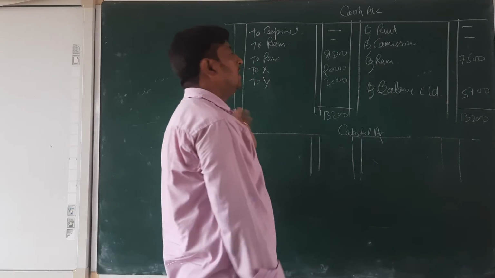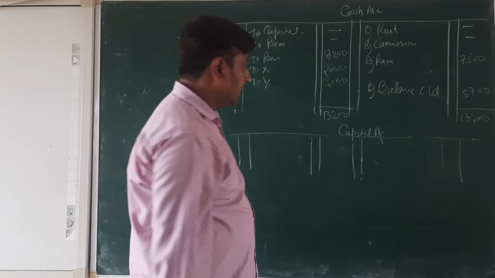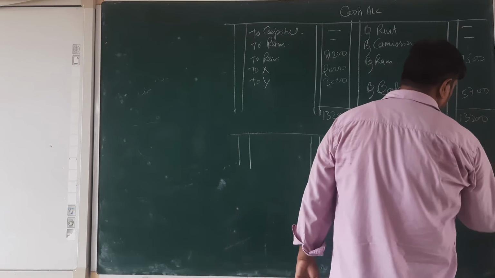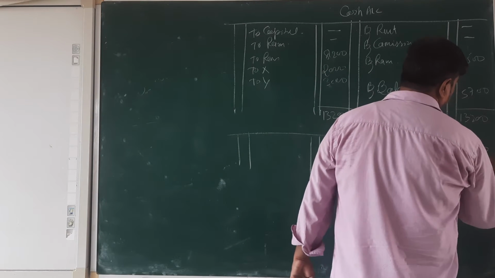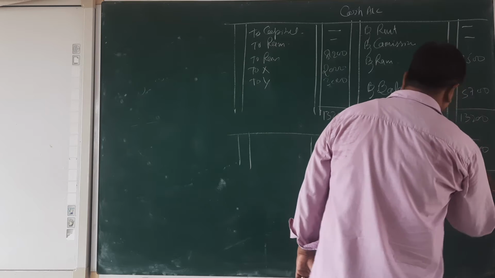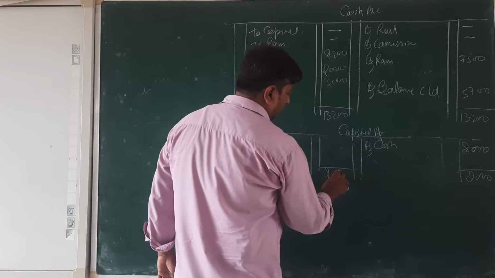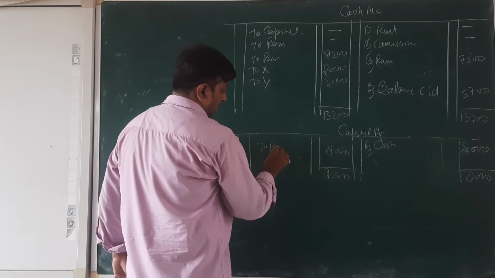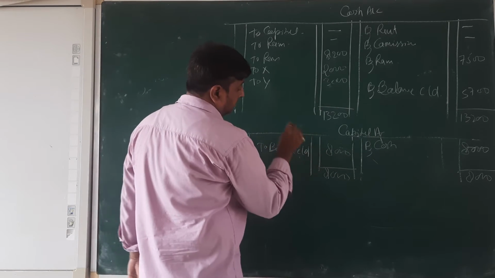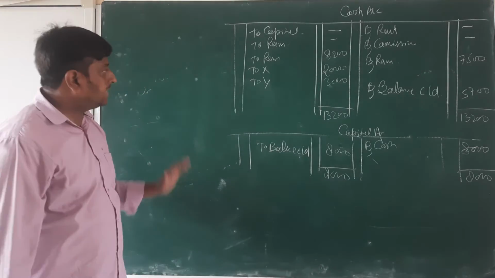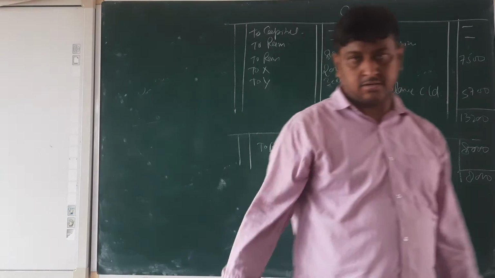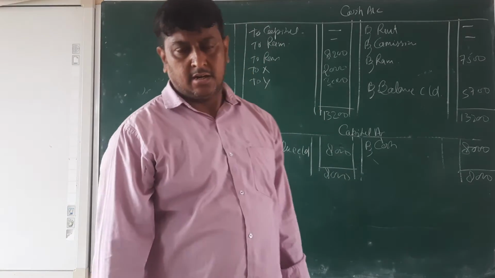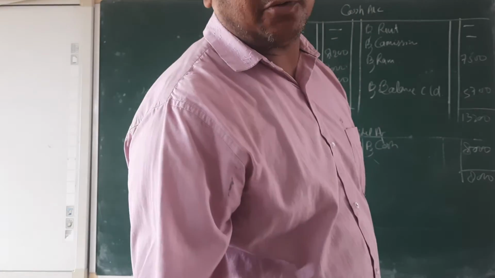In that entry, capital credit, then cash credit, this is the amount, maybe 8,000. Put 8,000 here, because only one capital entry is there, 8,000, then to balance CD. Okay, beta? In this way we are going to maintain the ledger. This is the way by which we are going to maintain the ledger. I think it is clear? Now I am going for the trial balance.